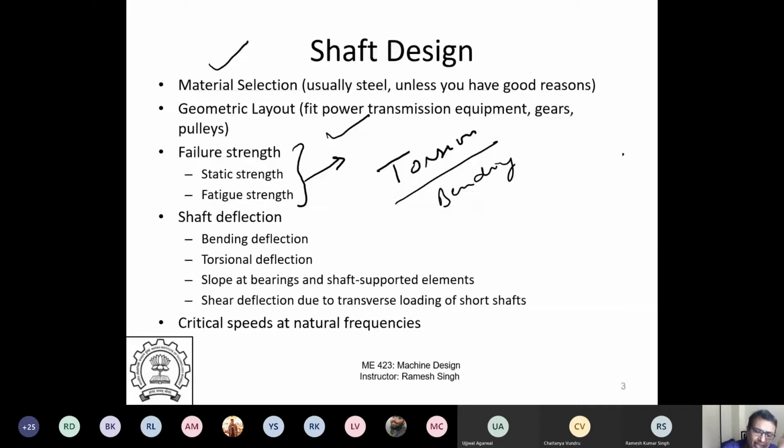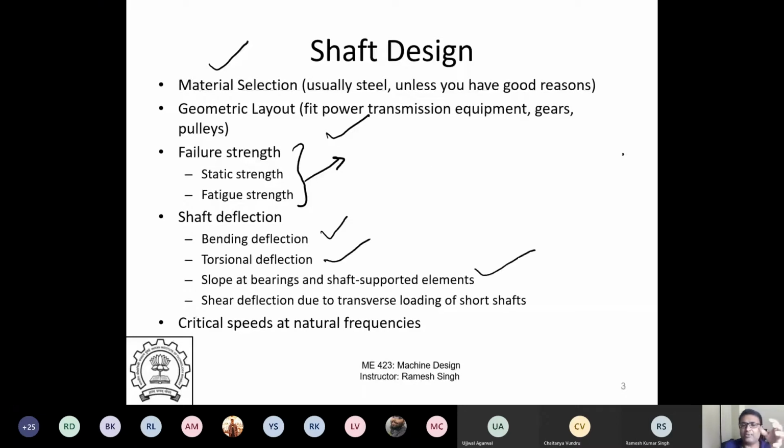Then shaft deflections are also very important. The bending deflections, the torsional deflection, the slope at the bearings, because the kind of slope will define what kind of bearing you have to use, right? So if the slope is not very close to zero, if there is a finite amount of slope at the edge, then you have to use a different kind of bearing, right? If there is a thrust loading, you have to use a different kind of bearing. If there's just pure radial load, then you have to use a different kind of bearing. So the shaft deflections actually help you identify what kind of bearings you have to use,